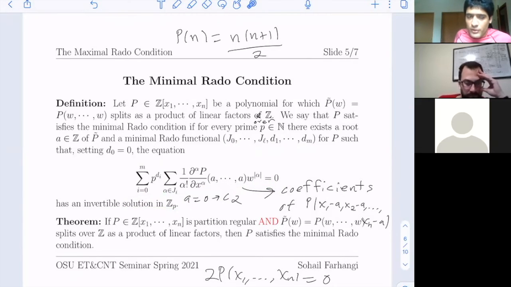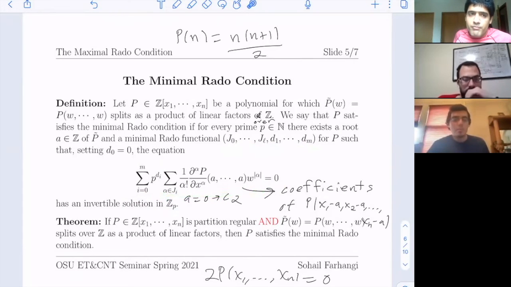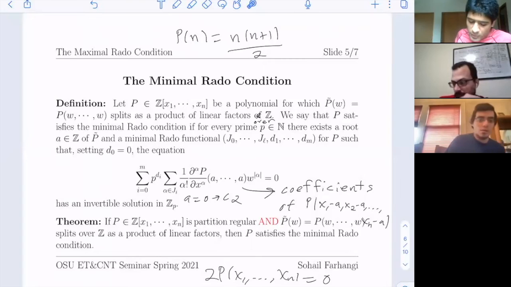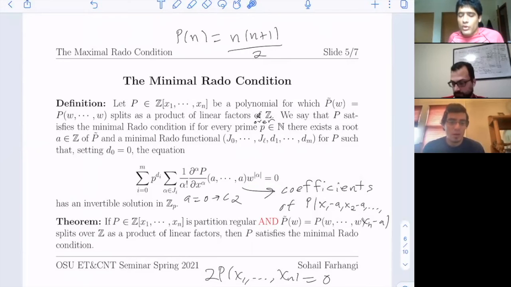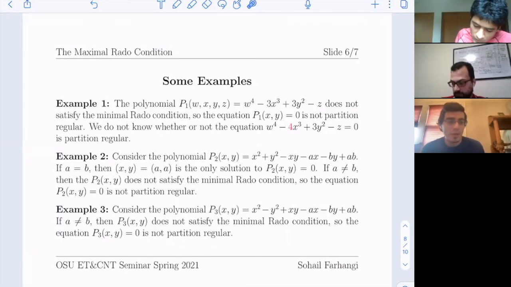So what we'll end up seeing for the previous example, or the first example that I mentioned to you guys, is that I already showed you the only functionals are order 0, so we only have one term in this sum. Because I conveniently chose the exponents, the only Rado partitions are going to consist of singletons, so then your only solution will end up being 0, which is not invertible, and therefore that equation will not be partition regular. Right. So I guess maybe I just said it, but I should write it here.